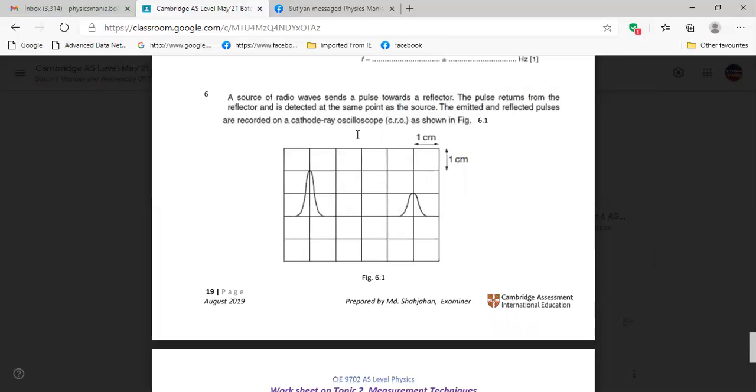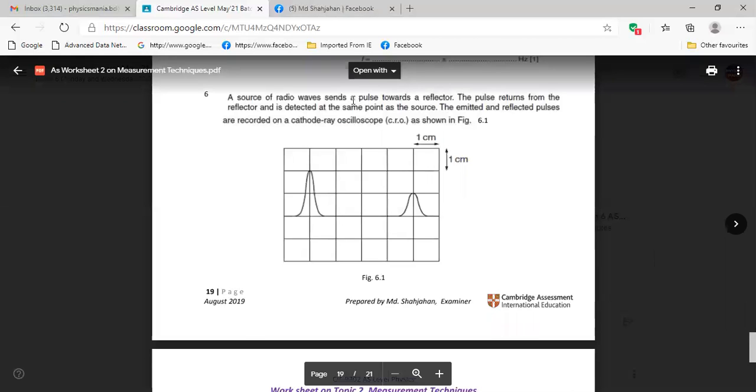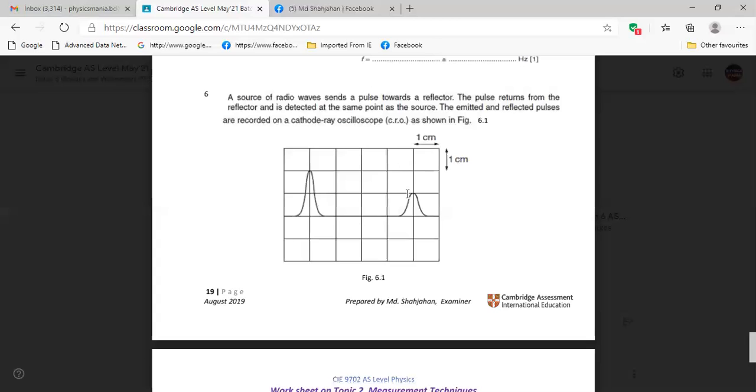So they are saying we are sending a pulse towards the reflector. The pulse returns from the reflector and is detected at the same point as the source. So it's the reflected pulse, this one. So from this information, from this peak to this peak, the gap we have,